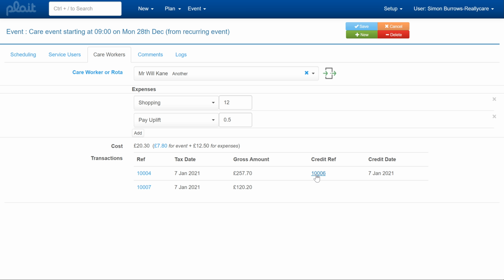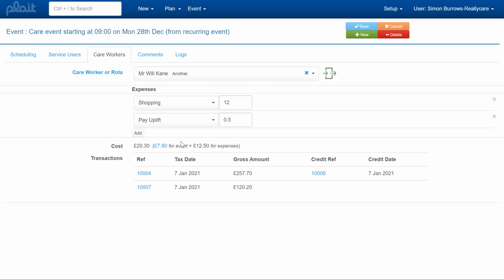The first one was credited. The reason for the credit could be because the amount that was paid was wrong, but it could also be because the expenses are wrong. So in the case where an expense is entered incorrectly, or perhaps an expense wasn't recorded at all when it should have been, we can credit the appropriate pay advice. We can then adjust those expenses as appropriate, and then we can run payroll for a second time. So because it is potentially necessary to do that,